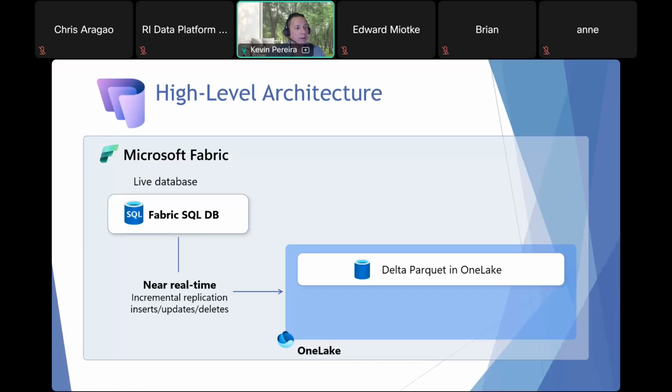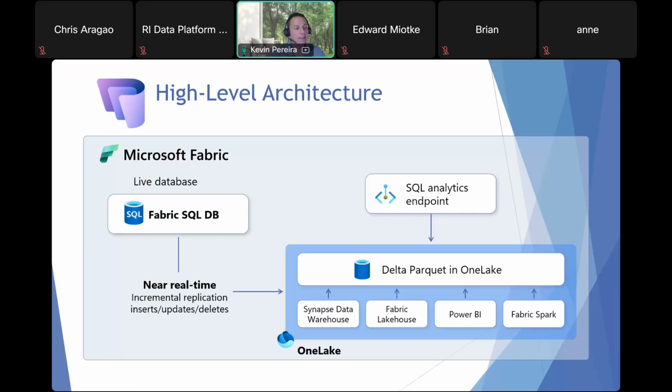In near real time, it performs an incremental replication of inserts, updates, and deletes of your data from your transactional database over to OneLake, right? Basically it's grabbing all these records as they come in, or close to when they come in, and storing them in Delta Parquet format in OneLake, and then you can actually access that Delta Parquet